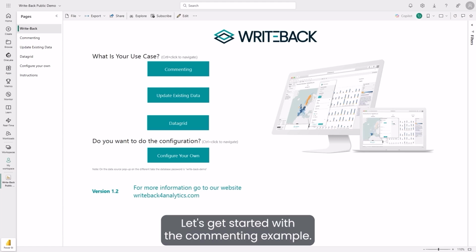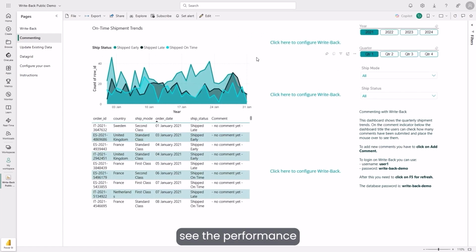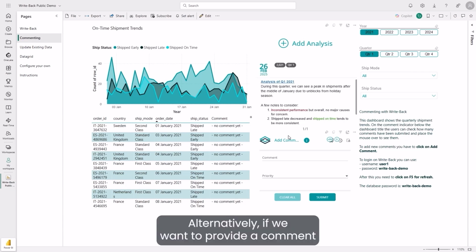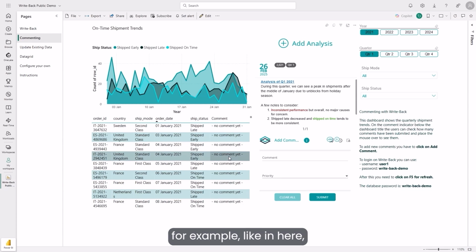Let's get started with a commenting example. Over here, we have a dashboard that lets us see the performance of our shipments across a given quarter and year. Alternatively, if we want to provide a comment on a more line by line basis, for example, like in here,